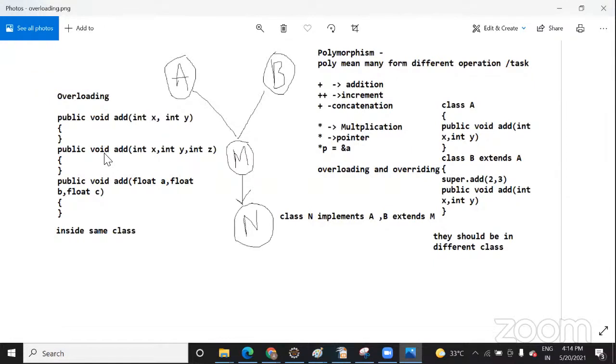Like suppose when you call it with the help of an object, while compiling it checks what values you are passing. For example, add 2 and 3. When you pass 2 and 3, it means you might have declared somewhere an add function which accepts integer type values, two values, right?